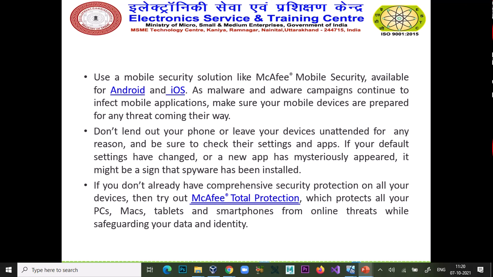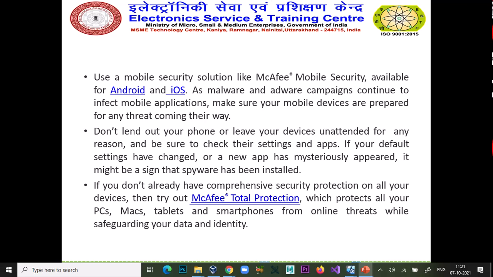Use a mobile security solution like McAfee Mobile Security, available for Android and iOS. As malware and adware campaigns continue to infect mobile applications, make sure your mobile device is prepared for that.